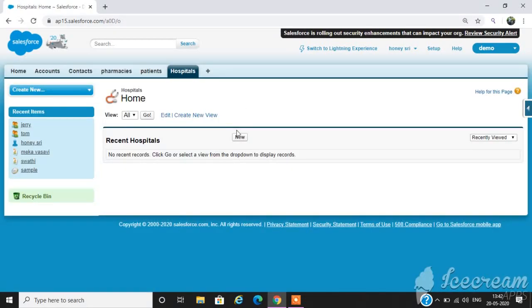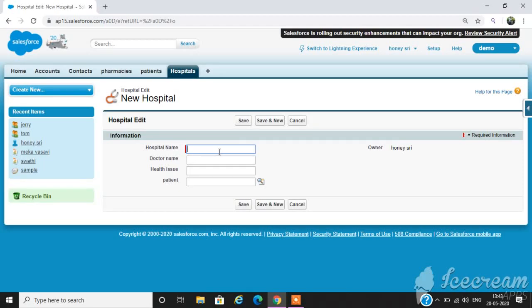Enter a new record into the child object. So click on new. Fill in all the details or only required fields.